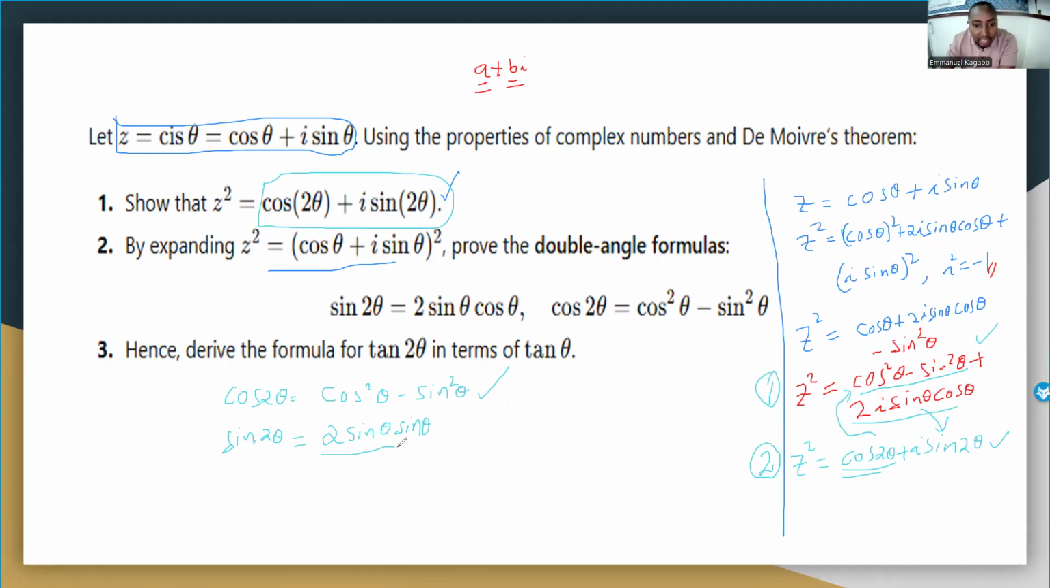Hence proved, right? You see that? So this is what you prove using the compound angle formula. But right now you can prove that. When I say compound angle formula, you should remember that cos